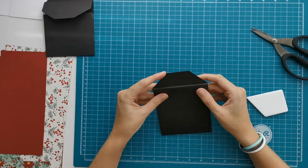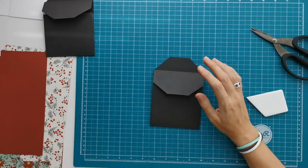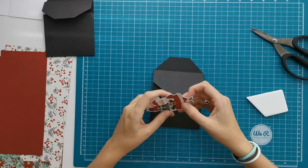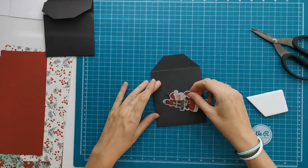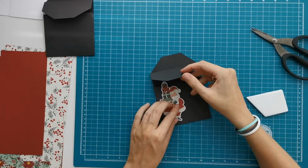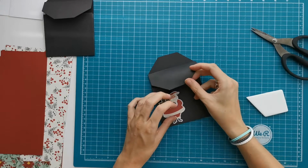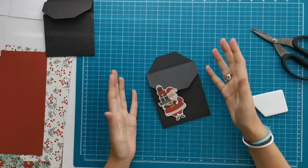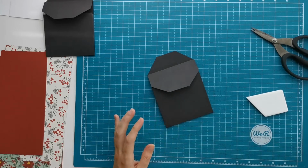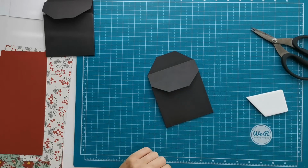And now for a closure, what I'm going to do is use an embellishment. I have something here, but that's not gonna work, but that I'm going to stick on the pocket, overlapping on the flap, so I can place my flap behind that embellishment. So we have to find the right embellishment for it, but that's what I'm going to do. But first we are going to